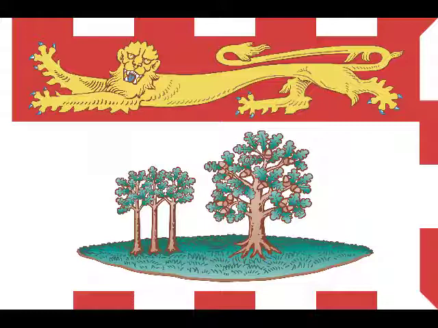But underneath the red banner of the lion, you have a white background with a picture of just a green territory with three trees on the left, and then a larger tree in the center. And that is the flag of Prince Edward Island.